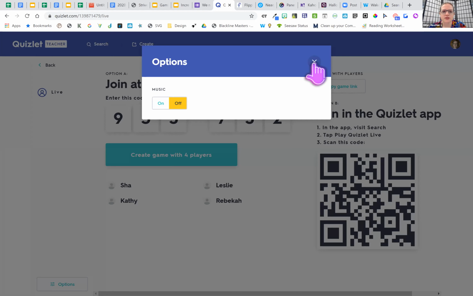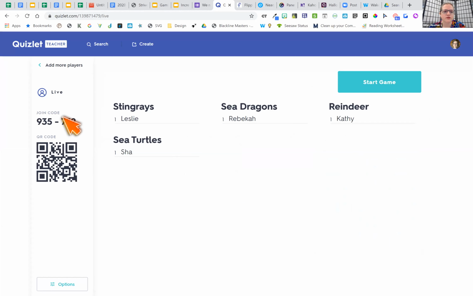So I am going to go ahead and click Create Game. And the code, again, is still over here if you have students that are still trying to join in. But once you click Start Game, they can't join late into Quizlet Live. So that's just a heads up. And you can see here, everybody's an individual different team.